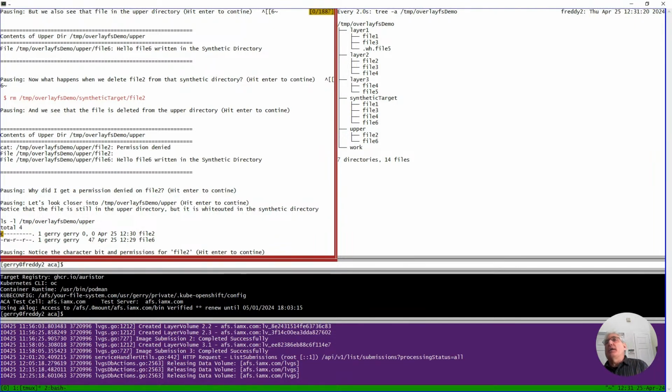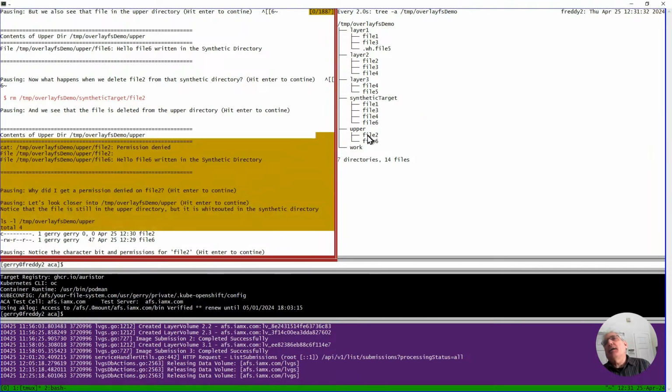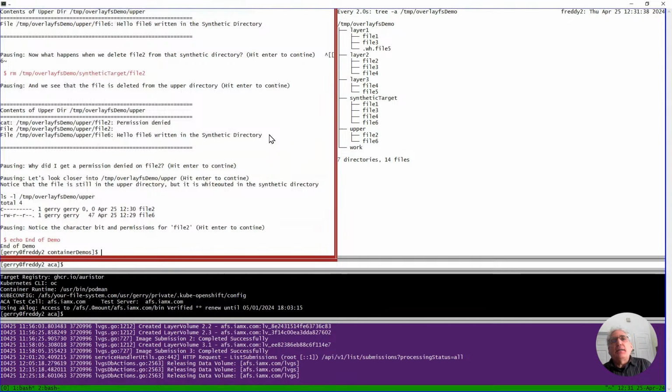And that's how overlay file systems kind of indicate that file 2 was deleted. So that indication that it was deleted is in the upper directory, and then the synthetic target knows not to show it. So that's my overlay FS demo.